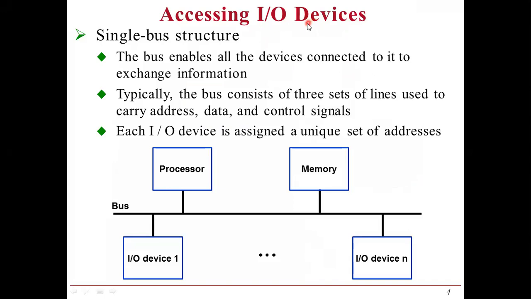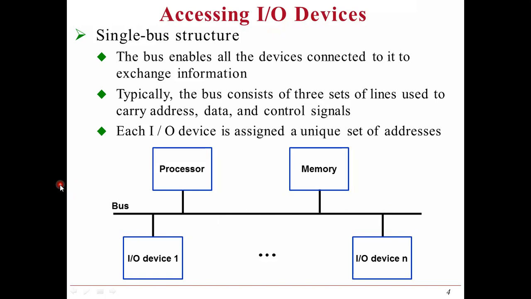Generally, what are the devices we are taking for the input? Keyboard, mouse, like that. Output devices means monitor, printer, speakers. So these are the output devices. Here, this is the bus. What is the purpose of the bus here? The bus has a set of lines. Each line transfers one bit of information. That bus creates a communication path between two devices.